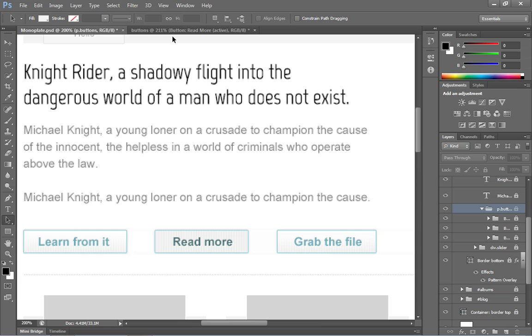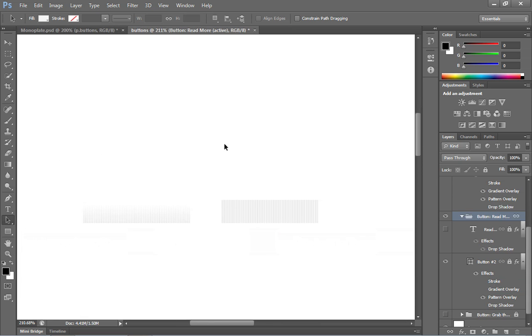So what we did is we created a separate file and we stripped the buttons of all the extra properties, just leaving the background. What we want to do in this movie is export out an image that we can use for the background of a button. Now we're going to do something similar in this movie like we did when we created the top.png file earlier